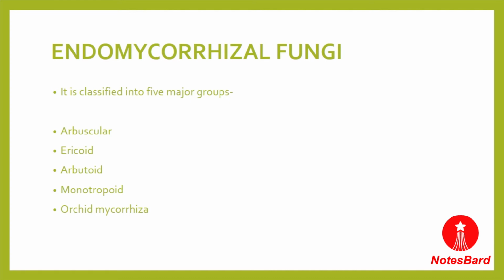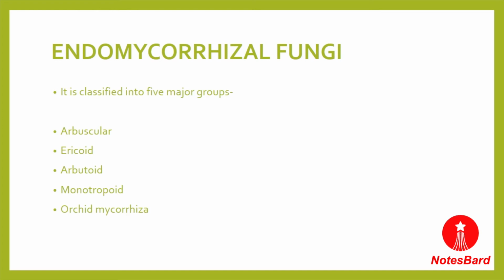plants. So the ericoid mycorrhiza are found in very inhospitable environments, like very acidic environments, and the fungi involved in this symbiotic relationship are from the Ascomycetes of the fungal kingdom. Now the third type are